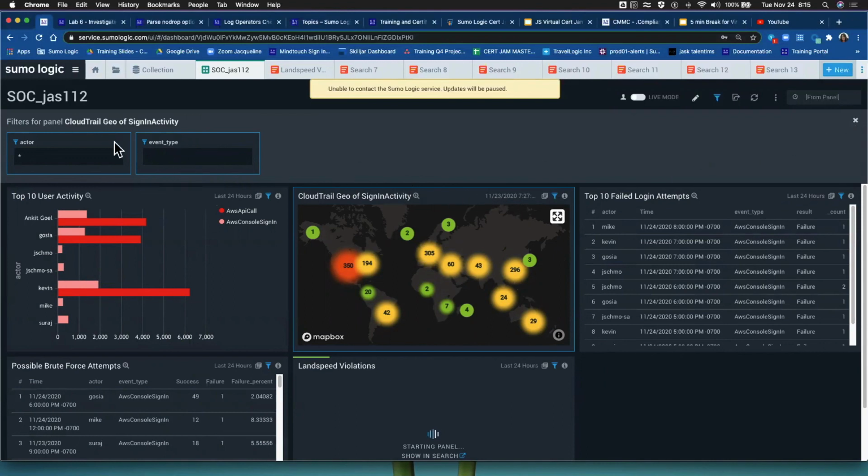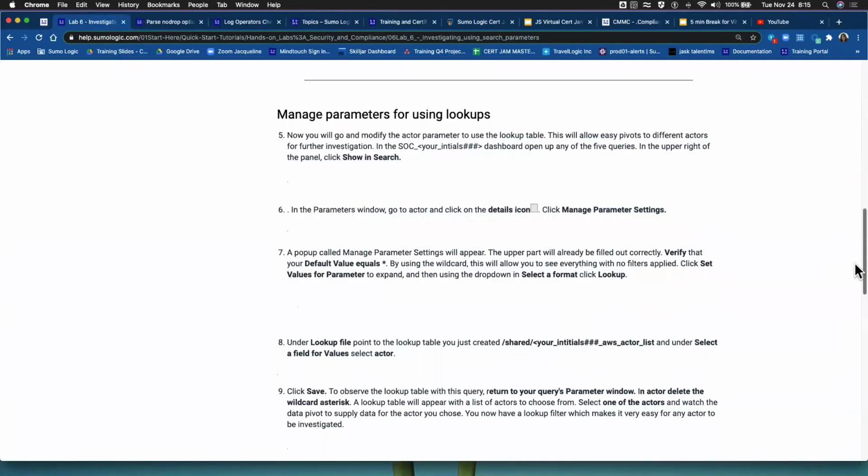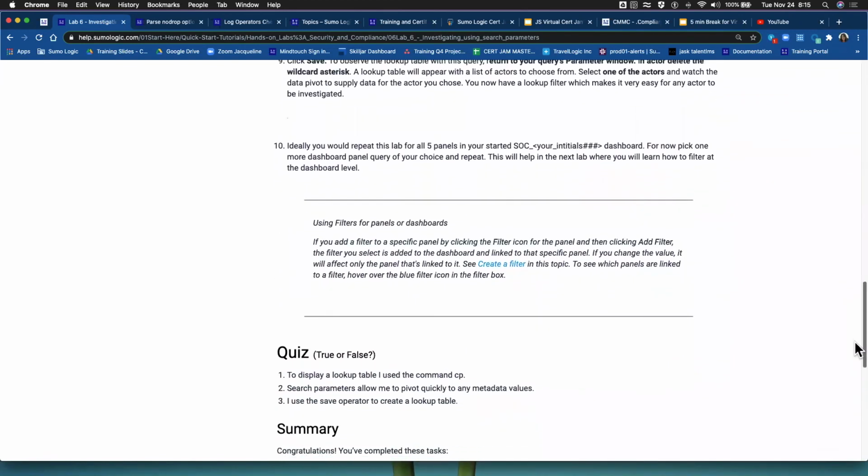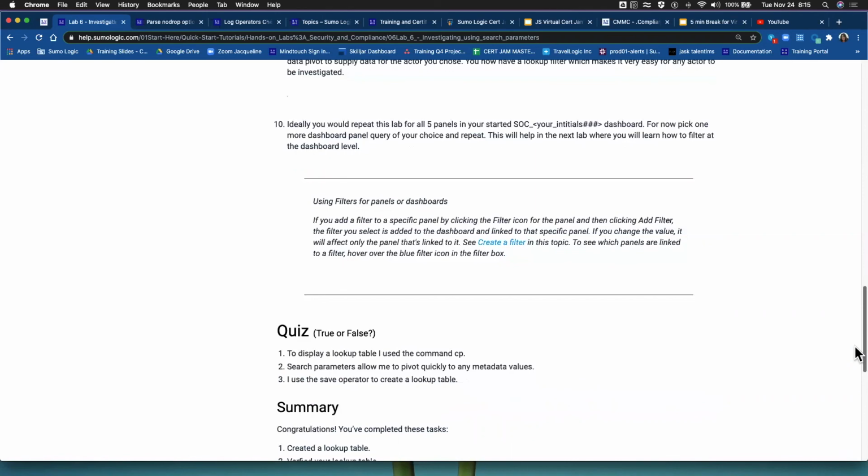You could also create a metadata tag up here in the filters, add that by creating a parameter for it, right? And you could filter on a specific IP address and toggle all the panels to that. So basically, that's what you can do, and that's the purpose of this, is how you can create those lookups and be able to filter at either the dashboard level